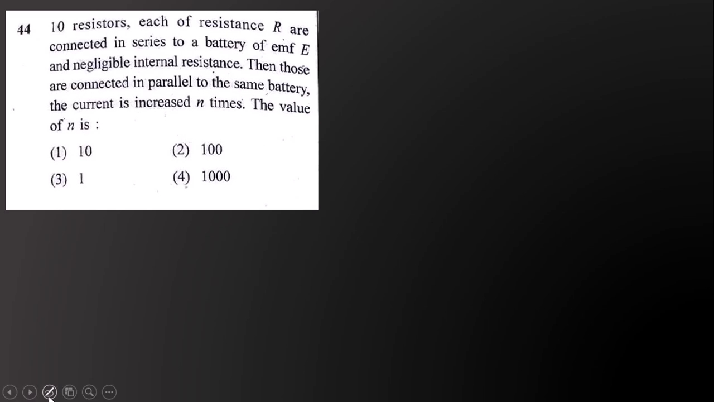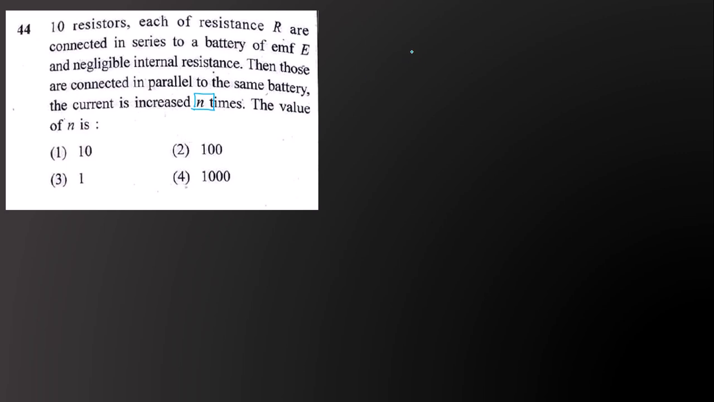This question tells that there are 10 resistors, each of resistance R, connected in series with a battery of EMF E and negligible internal resistance. Then those are connected in parallel to the same battery, and the current increased n times. What is the value of n? Well,